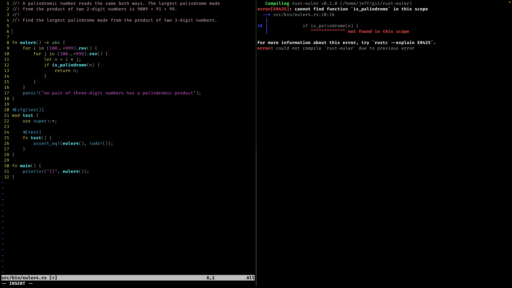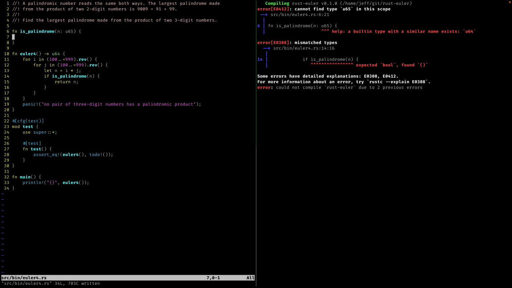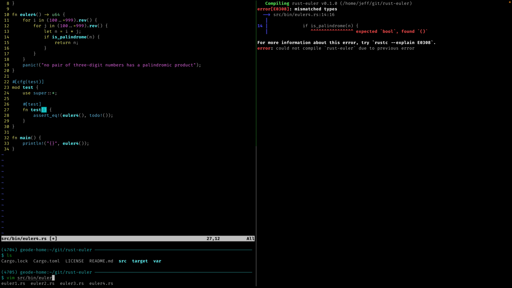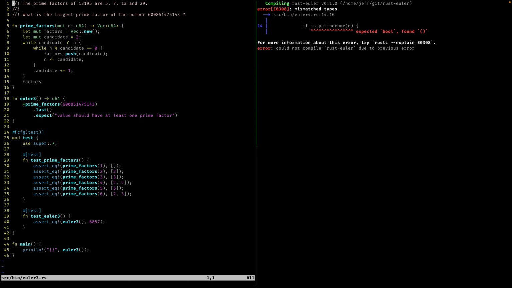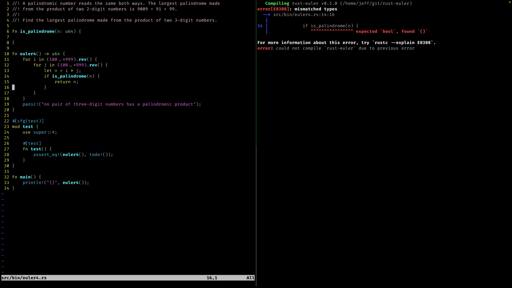So function is_palindrome. n will be u64. This is a good one to have a test. Or did we test 3? Source in Euler 3. Yeah, we did. Good. Okay, so we can add a test for this one too. We'll say test is_palindrome, just because we know,